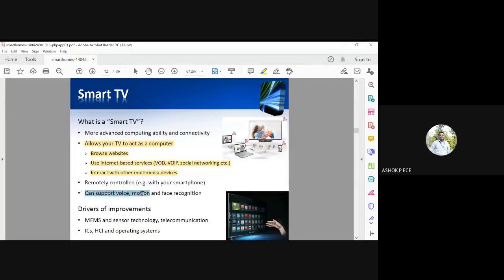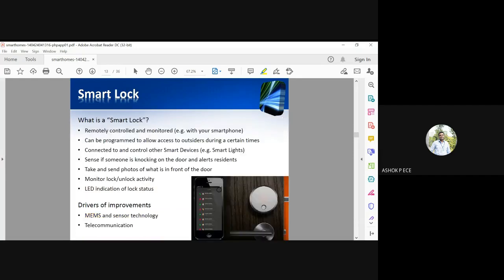And nowadays, many smart TVs offer features like voice recognition, motion recognition, and face recognition. And by using all these latest technologies, MEMS and the sensor technology, you can ensure that these devices can perform till their optimum limit.